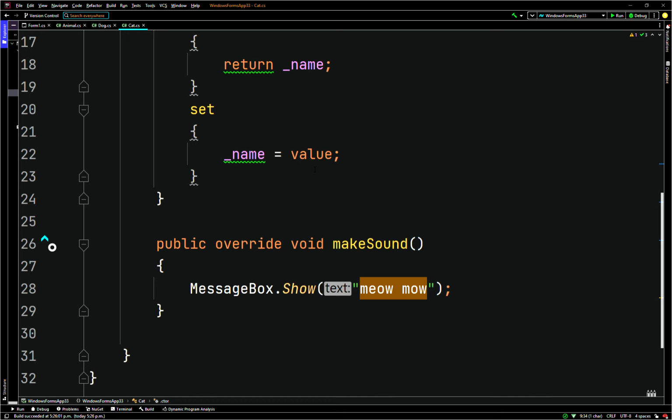So the cat class overrides the animal class's make sound method. The cat class's make sound method displays meow meow in a message box, which is more appropriate for a cat. So if you go meow meow,